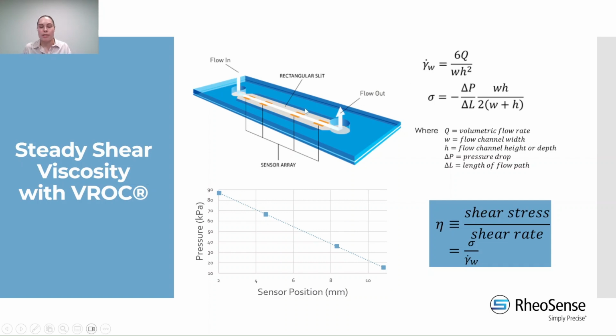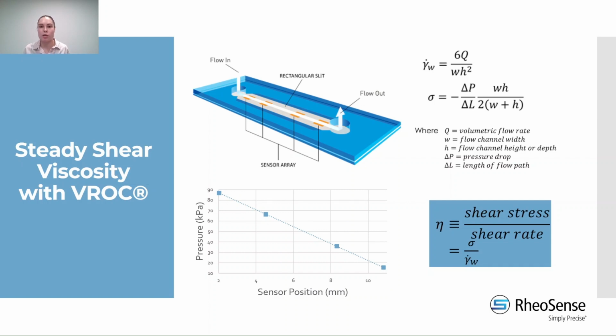Well, we do this quite simply with VROC technology by flowing our sample into this inlet, and we pass your sample across 4 pressure sensors. These pressure sensors measure the drop in pressure, and then your sample flows out to a reservoir or a waste container. We are precisely controlling this flow rate with a pump, and we know the dimensions of